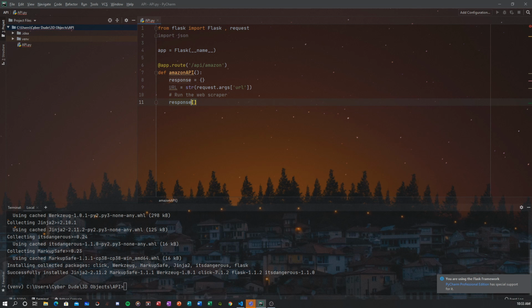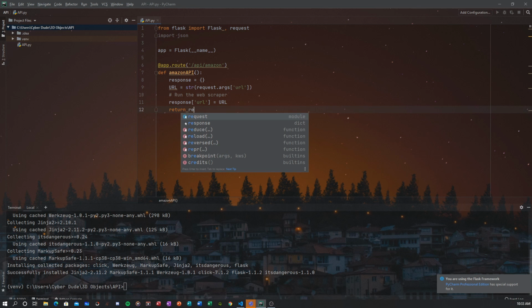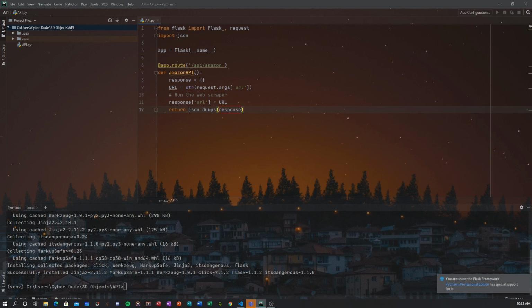We're going to create a new key value pair, and the key is going to be URL, and we're going to set that equal to the URL that we got. And then we're just going to return response. Actually, since we'll have to be encoding all our data in JSON if you want to use it with different frameworks such as mobile and other things, we're actually going to return JSON.dumps. What this .dumps does is it will basically encode it in a JSON format. So we're just going to encode responses to JSON format and return that.